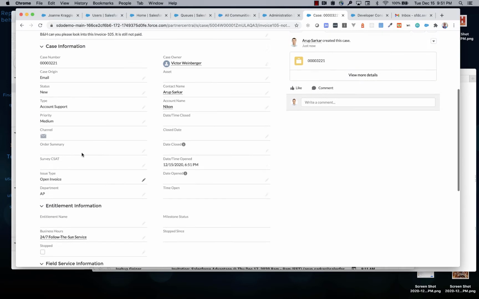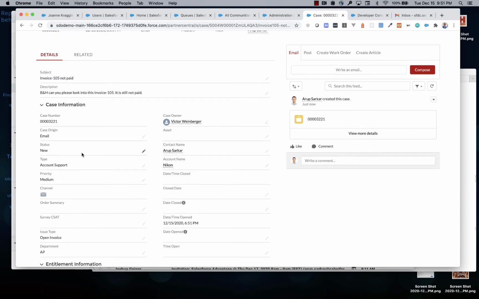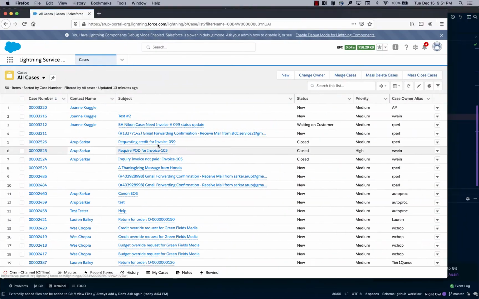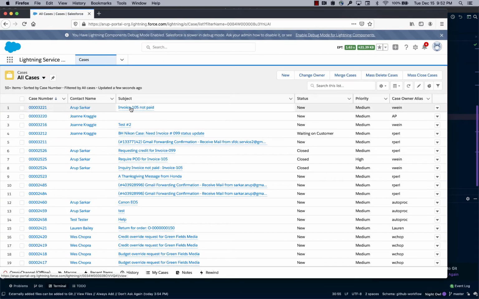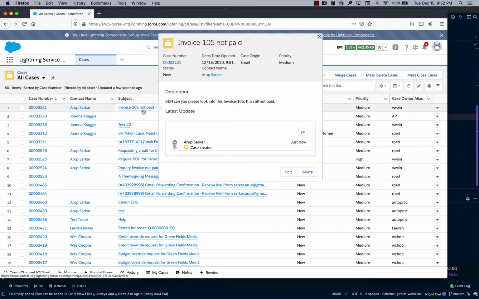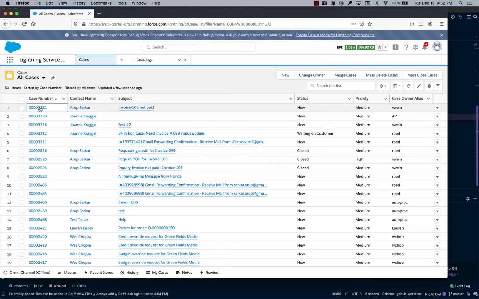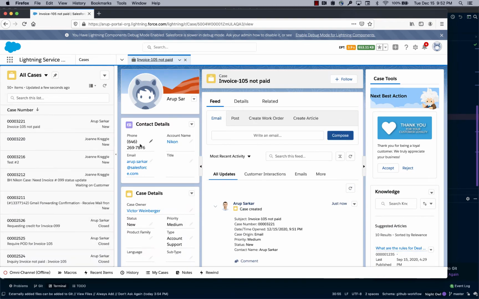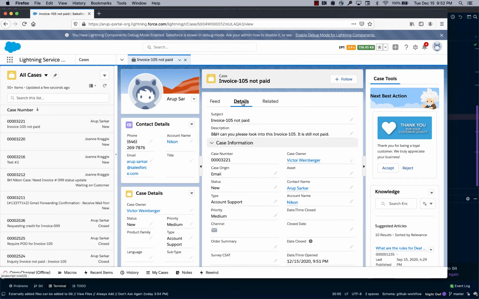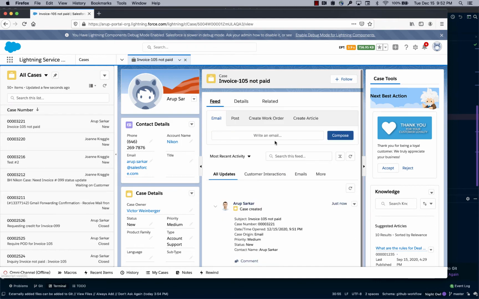Okay. So now what Victor does is Victor can go in. This is Victor. Victor can just refresh his case tab, and he will see that the invoice 105 is not paid. So he goes into this, and he can actually see the details of the case for sure. And let's say he goes back and writes an email